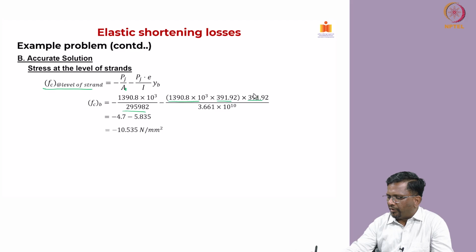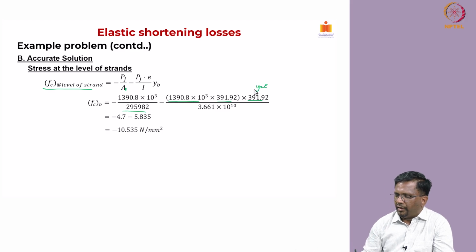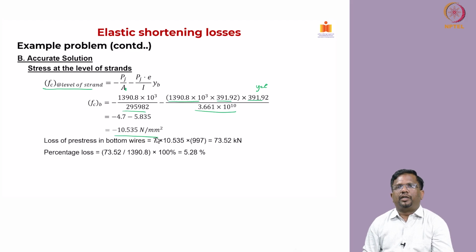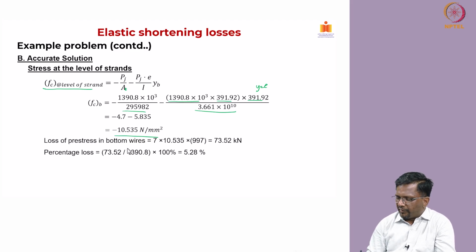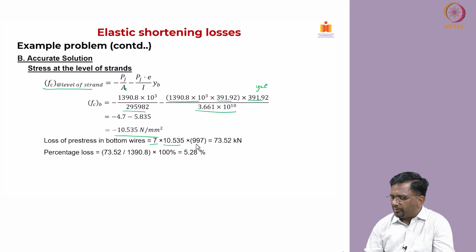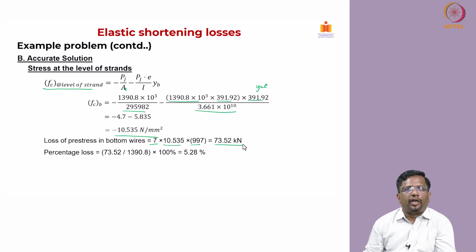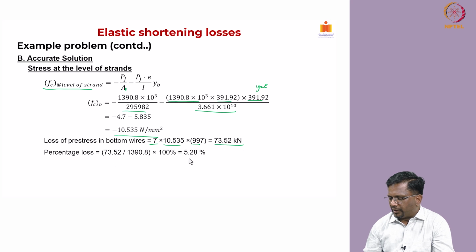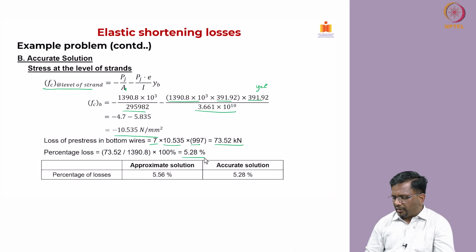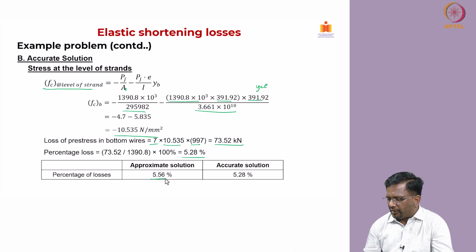And again this is at the level of y, which is equal to E again, and then your moment of inertia of the transformed cross section is 3.661 into 10 to the power of 10. So, if you plug in all the numbers, you get the stress of negative 10.535 megapascal, and then if you substitute the loss in pre-stress as modular ratio times your stress multiplied by area, that will give me this force, and percentage loss is this into 100, which works out to be 5.28%. So, if you see the difference between the approximate solution and accurate solution is not really very significant, okay. The approximate solution is actually conservative,